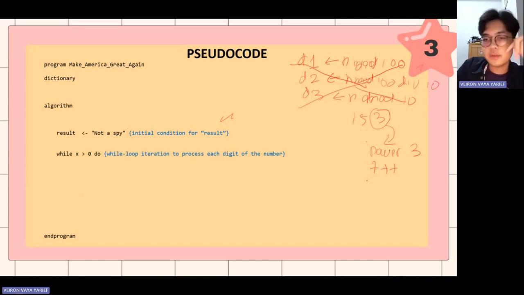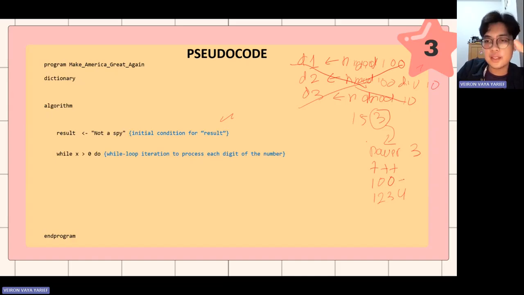So the question will be, when we do 100, which is 3 digits, it will end after 3 iterations. If we do 1, 2, 3, 4, it will end in 4 iterations, right? There are different iterations we do, right?